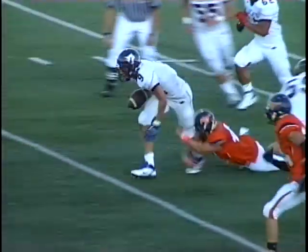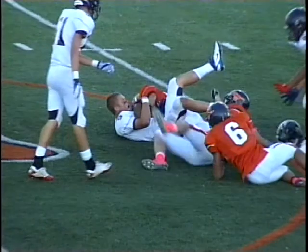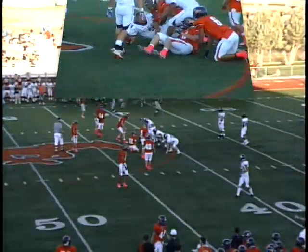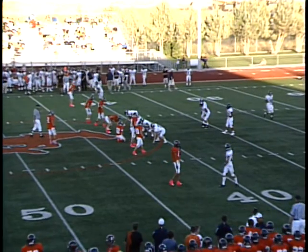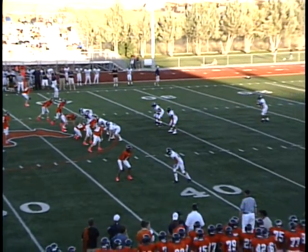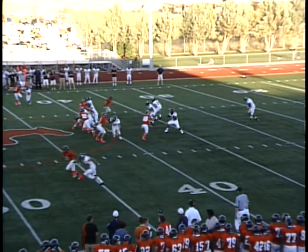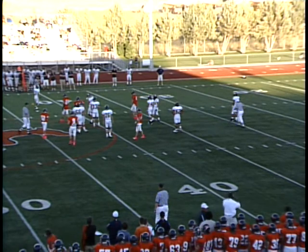Jailbreak to the quarterback, but he reads it well and shows great patience. Finds number 9 Barton for a great pickup. They teach you, if it's too easy to get to the quarterback, somebody better turn around and look. That time nobody did. Whistles all over the place. Big number